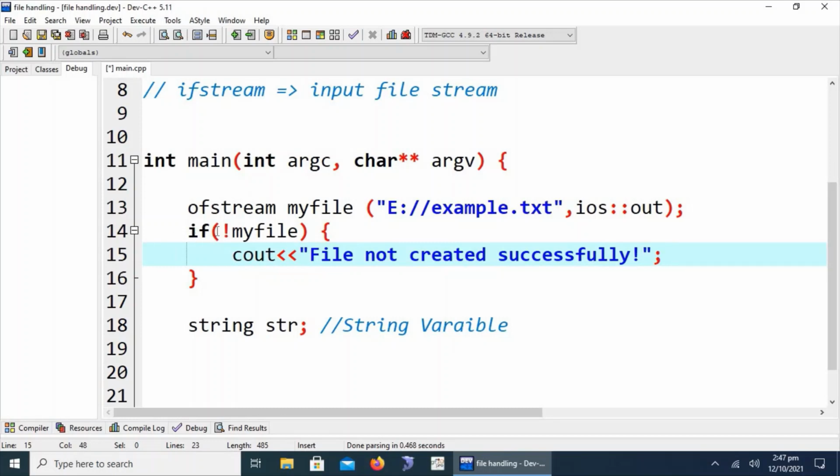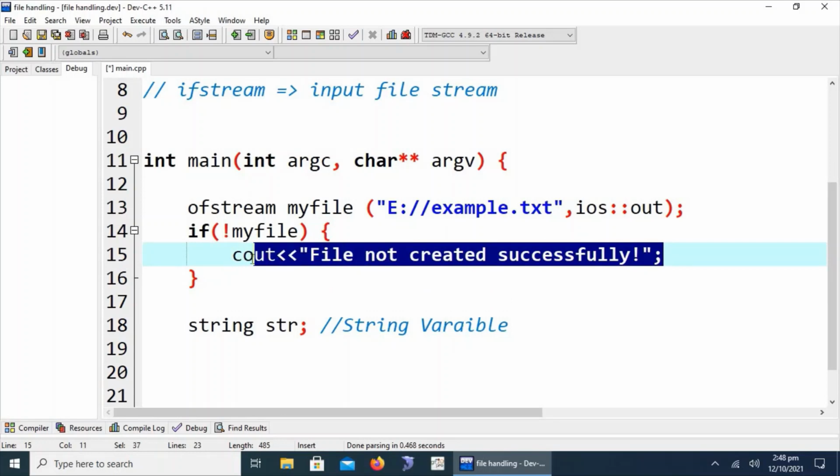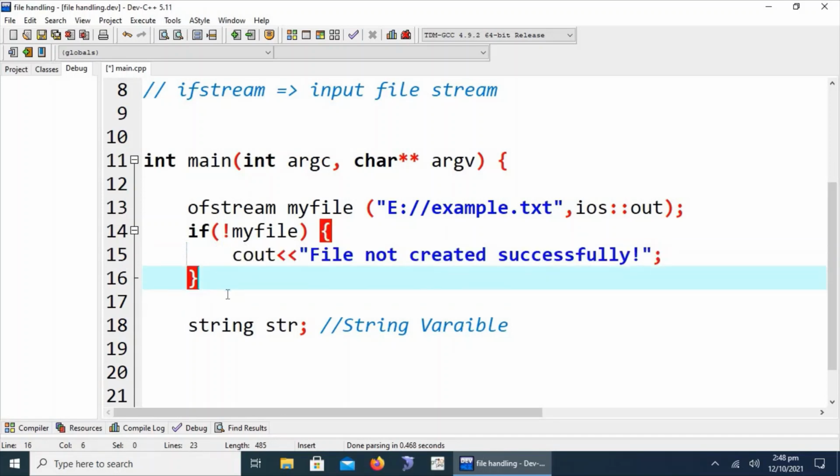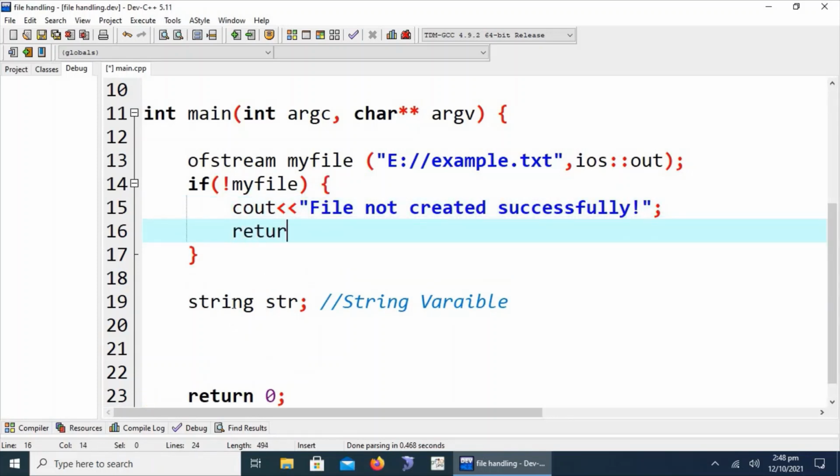Here we say that if this file object does not exist, then we say the file is not created successfully, and we can also return 0.